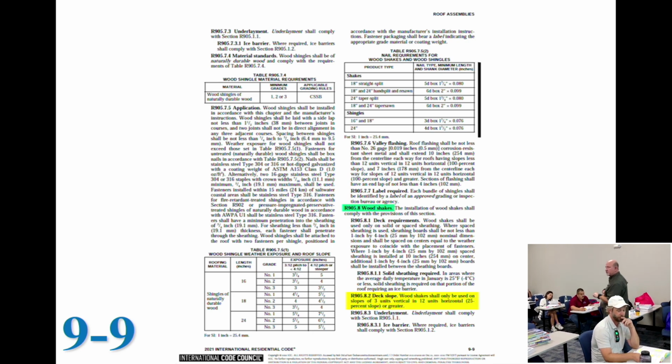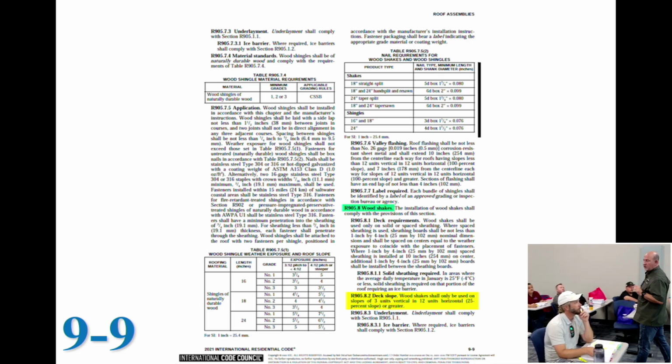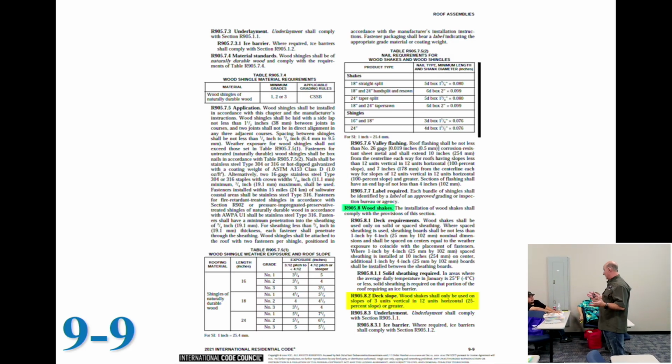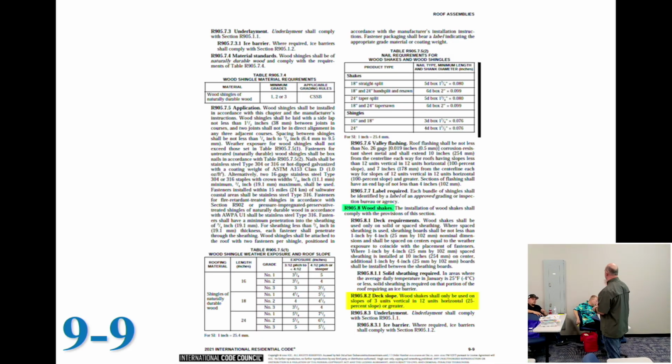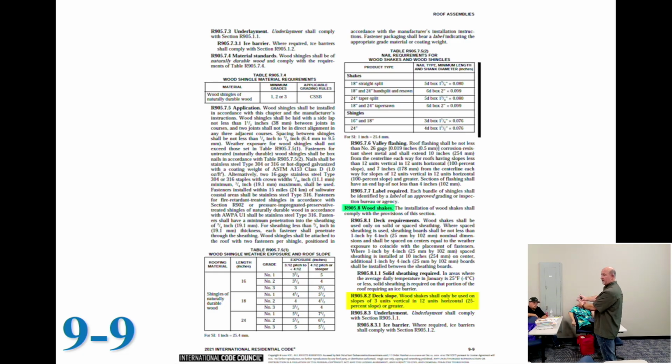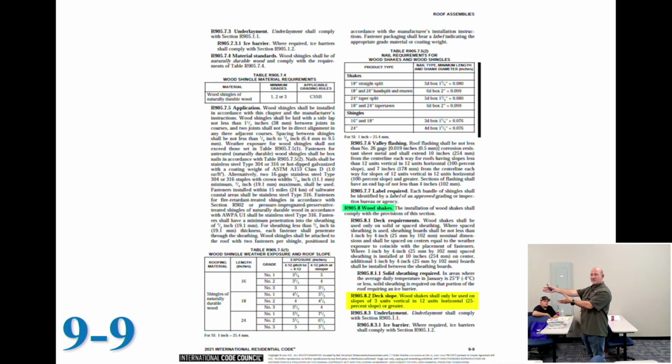Now listen, what is the word I've been preaching all day? Do you also agree how efficient that is? I didn't just randomly flip pages with my fingers crossed hoping I was going to find the answer, right? 905.2, right? Asphalt shingles. If that's not it, I need to find a 905.3. If that's not it, I need to find a 905.4, 905.5, 905.6, 905.7. So systematically work through that.